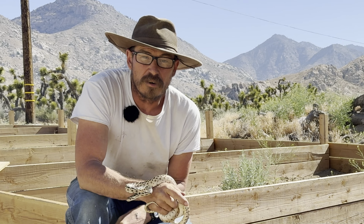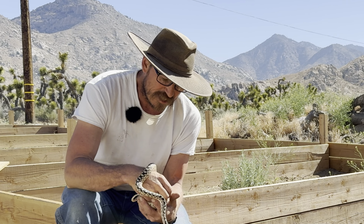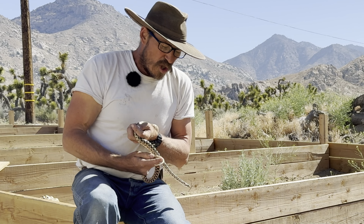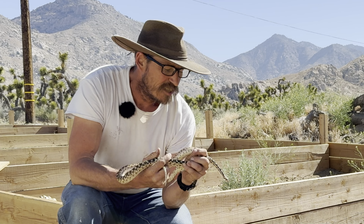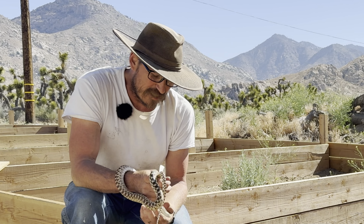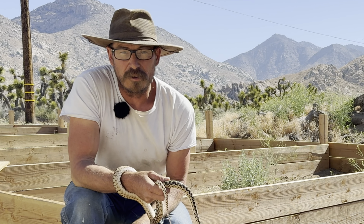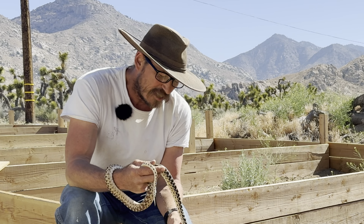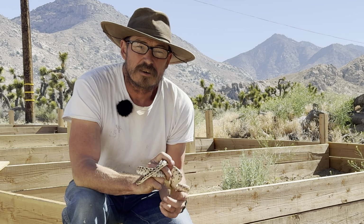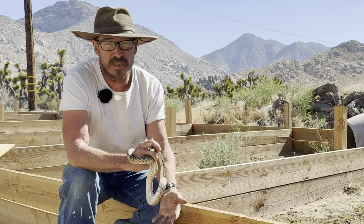Now we worry about we have a potbelly pig. We worry about her or our dog. And so, hey, we're not super happy like, oh, yay, we just found a rattlesnake on the property. But we don't really do anything to discourage them. We don't kill any rattlesnake we see, and there's really not a whole lot we can do about the snakes being here. Us having the tortoises and just a large amount of excess food,